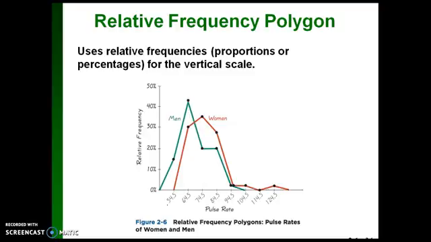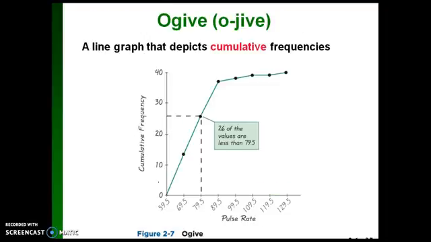You can have a relative frequency polygon. You can have a multiple relative frequency polygon like we have here. You just have to make sure that you label what data is represented by which graph. Again, both of these are anchored to the x-axis. You can have an ogive, which we'll probably never see again after Chapter 2, which takes the